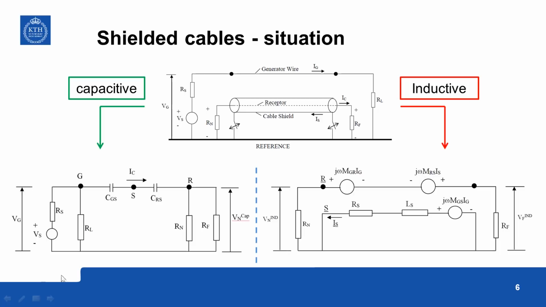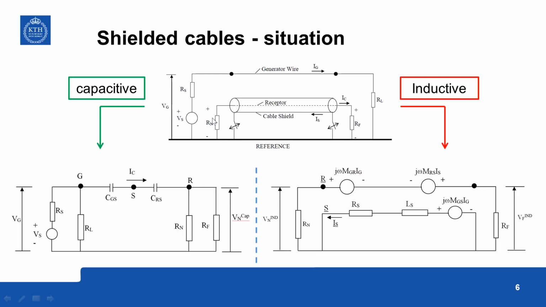So they are shown here. So this part is the source circuit, and CGS to the shield. So this is the shield point. Then CRS between the receptor wire and the shield. So that is this capacitance. Then this part is the receptor circuit,